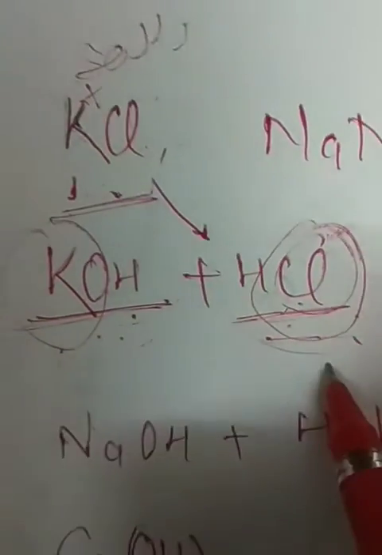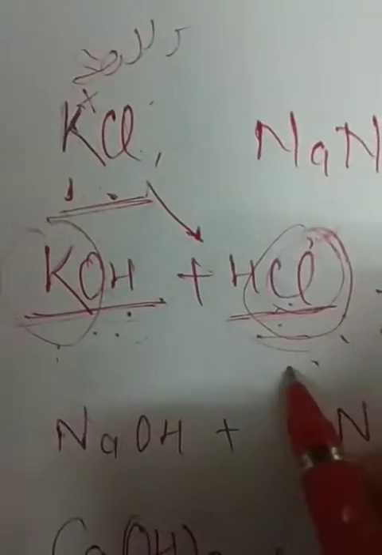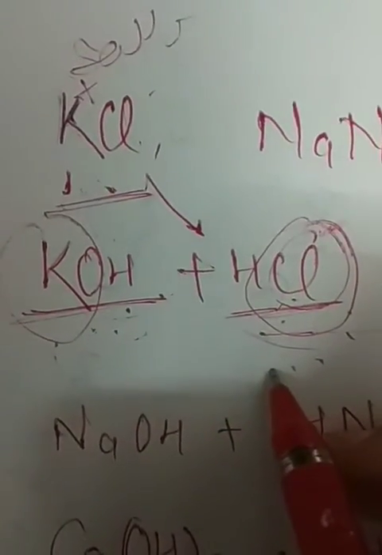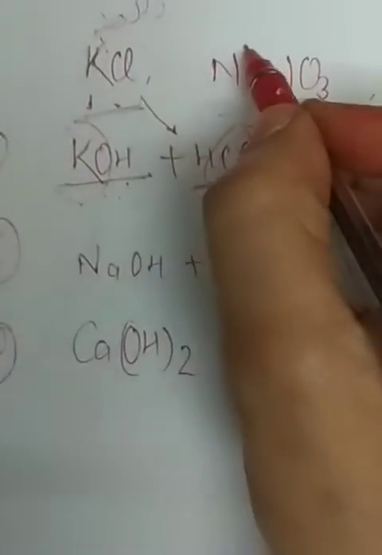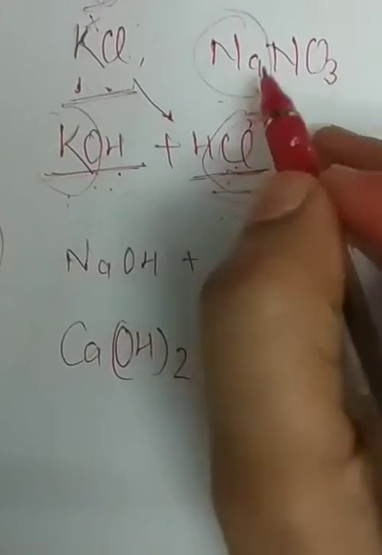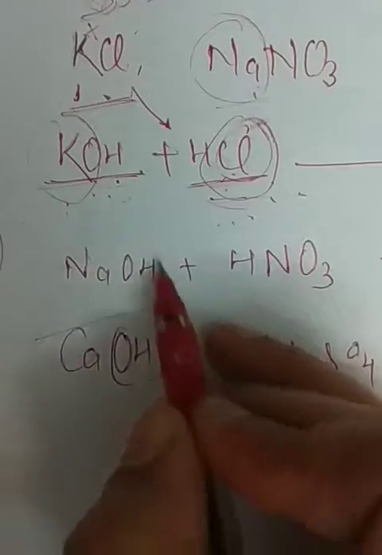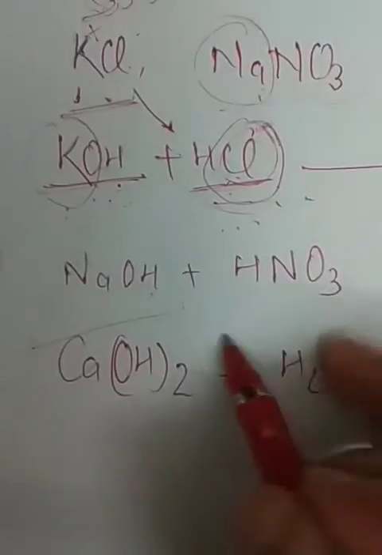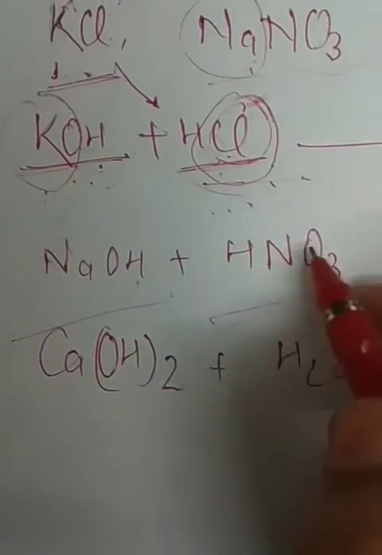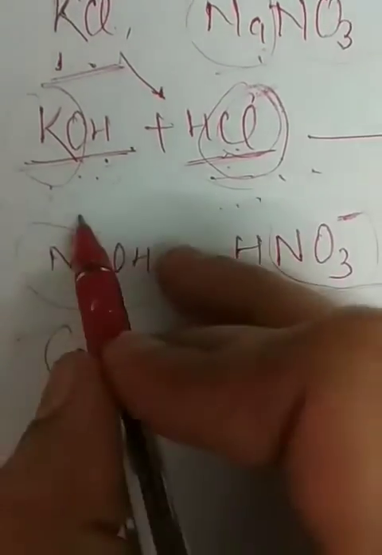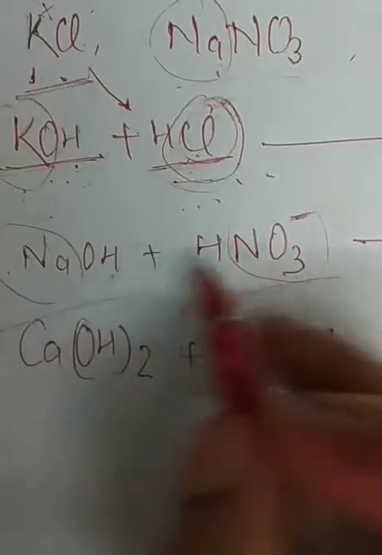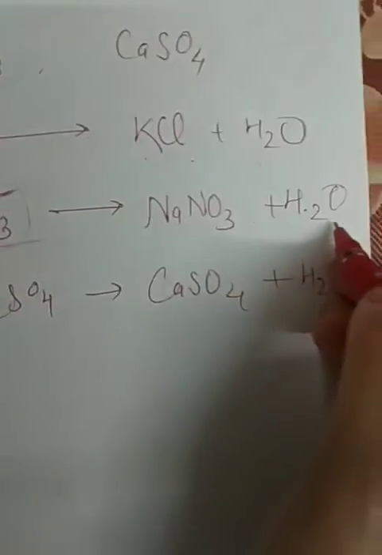When acid and base react, they both neutralize each other. That's why it is also called a neutralization reaction. And what will be formed? Salt is formed. So potassium chloride and H2O are formed. Second, NaNO3. It comes from NaOH, that is a base, and NO3 from HNO3, nitric acid. Negative charge of the anion of the acid and cation of the base give NaNO3, sodium nitrate, like this.